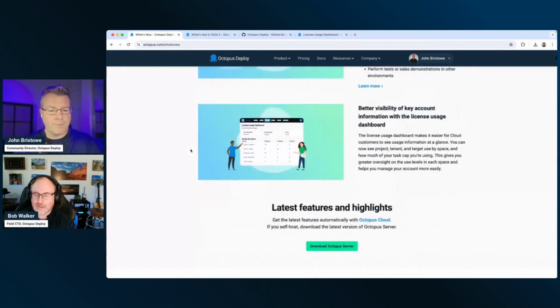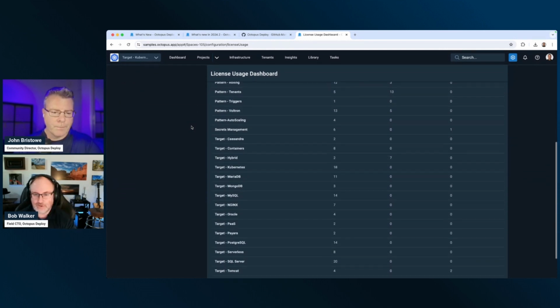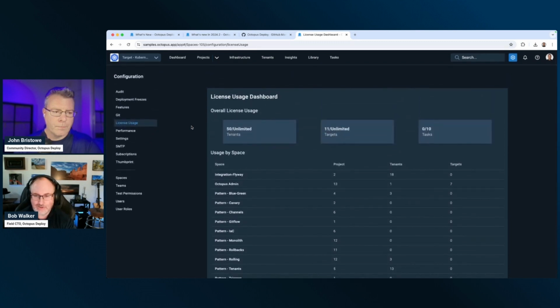Just one quick note about that. It does break it down by space. If you don't have access to all the spaces, all it will show at the bottom would be basically other spaces, and then you have projects using those other spaces, tenants, targets, machines, whatever the case may be, because we didn't want to have a situation where we didn't show you all the information,